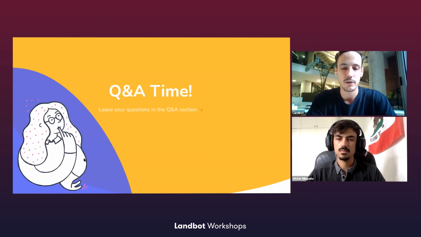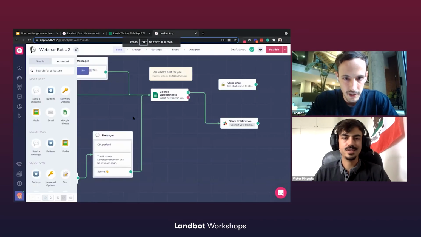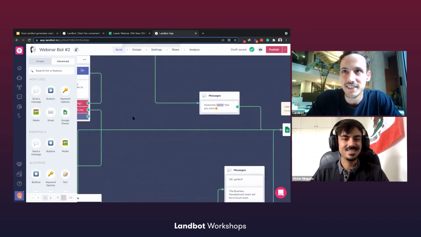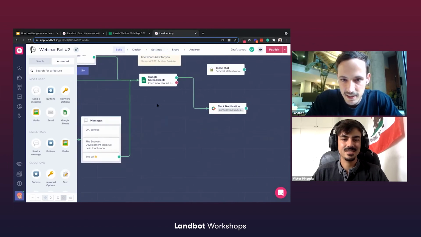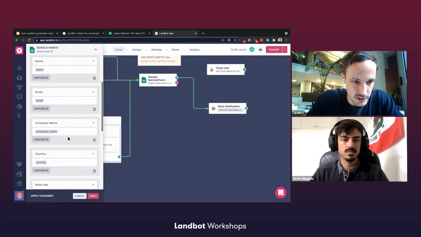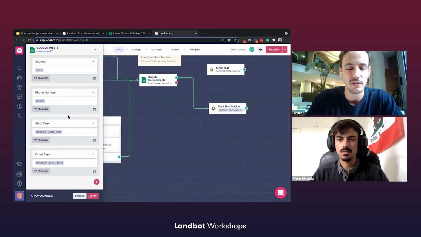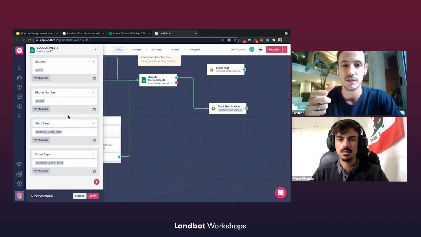But if you want to send that one to your spreadsheet or CRM, you'll have to include that in the integration. So if I'm going back to the chatbot builder, let's show it. Here it is, the Google Spreadsheets one. You'll see every variable we're sending to the spreadsheet, and one of them is the start time. Sorry, I was confused. It was not the start conversation, which is the default system variable.